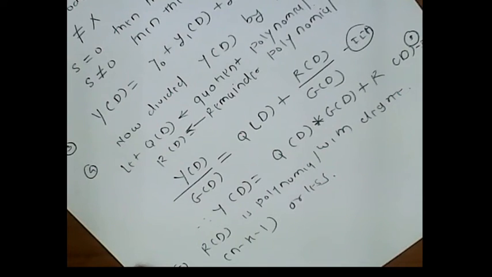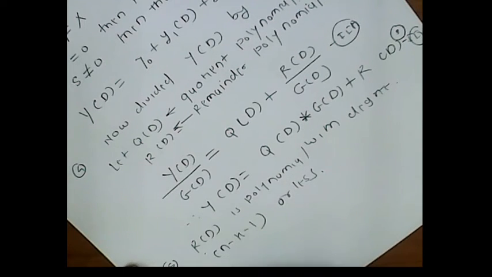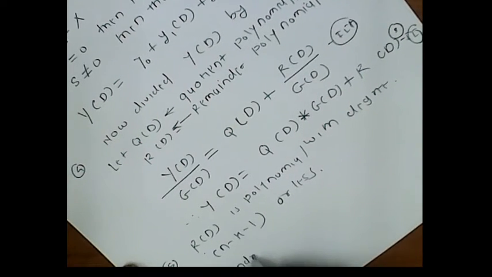It is called the syndrome polynomial. So this remainder polynomial is called the syndrome polynomial. The coefficients of the syndrome polynomial will be obtained